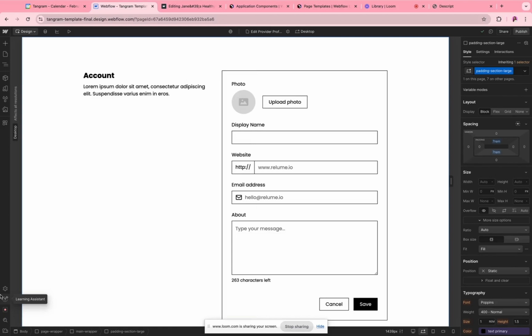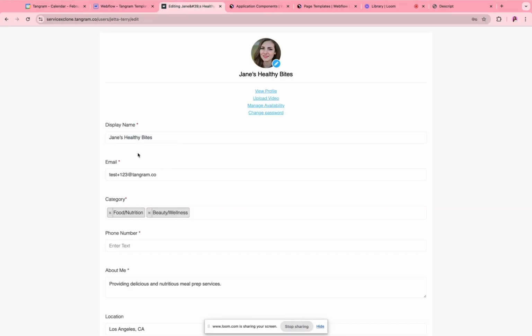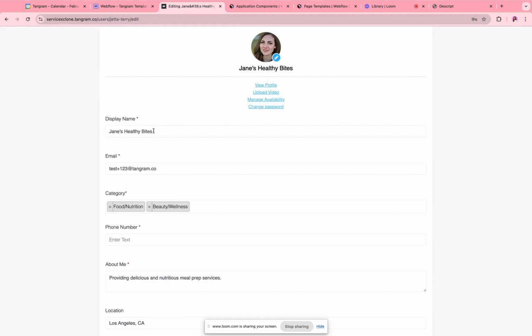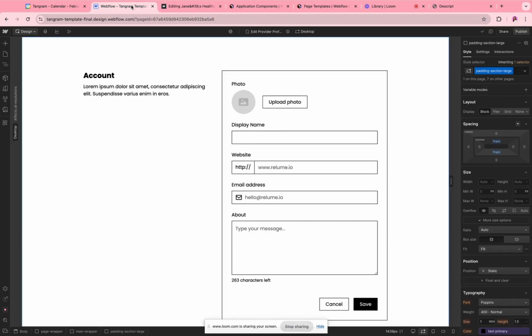Hey everybody, in this video we'll be showing you how to connect a custom design user profile edit page within Webflow instead of using the default design user profile edit page within Tangram, which will look something like this depending on what fields and what action buttons you have enabled. You can take things like the display name, email, any custom fields and move that into a custom design form